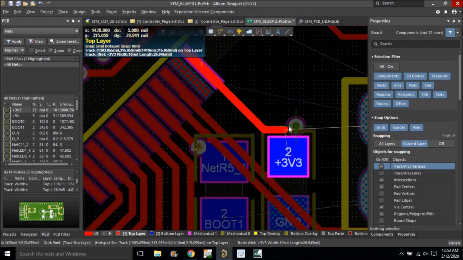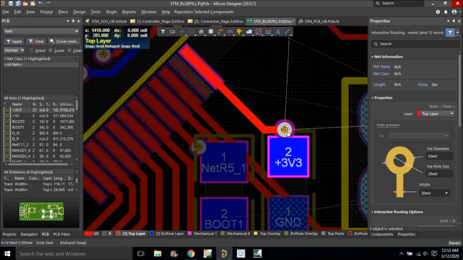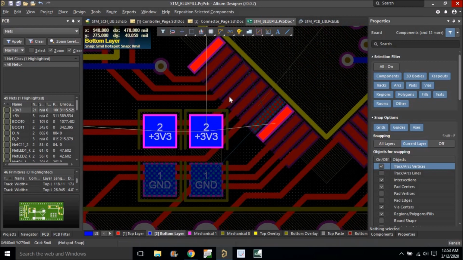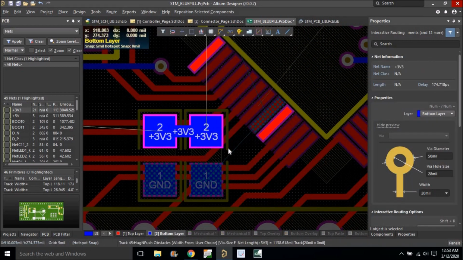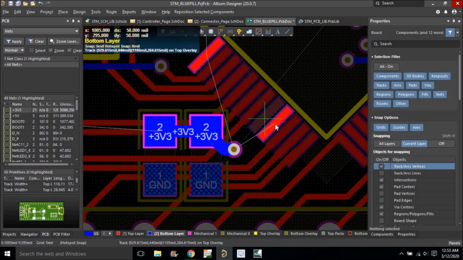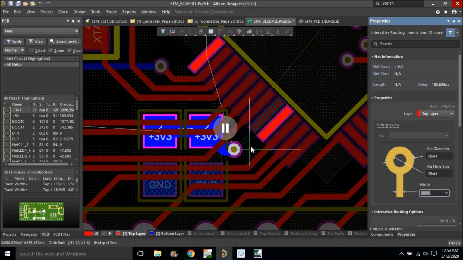Control V, place the via and connect it. And now here only, connect these two here, place the via, tab, make it 10 mil